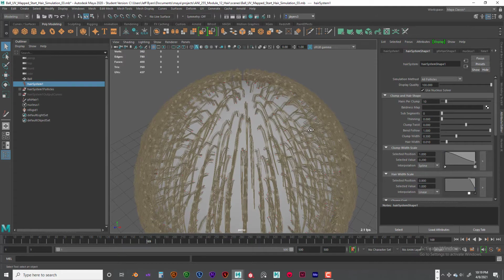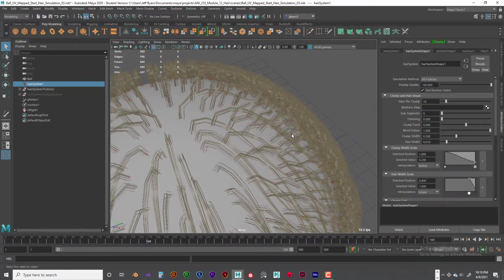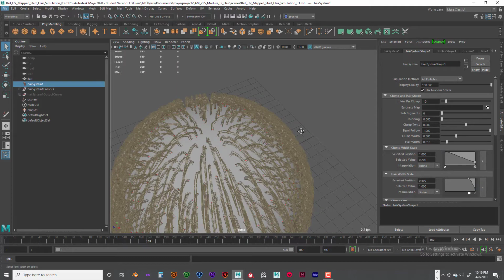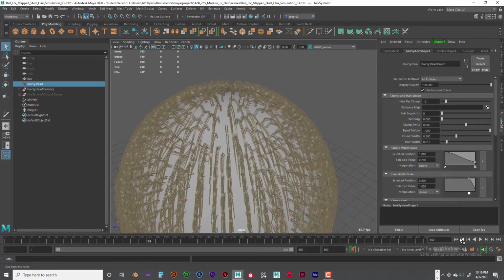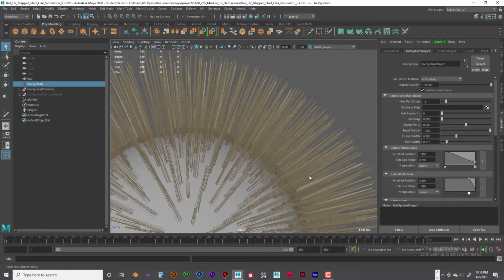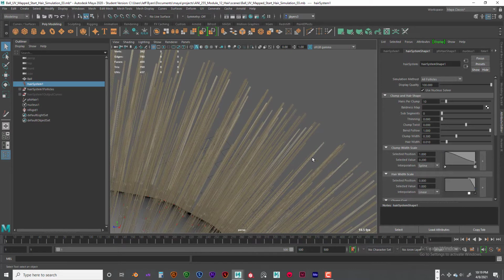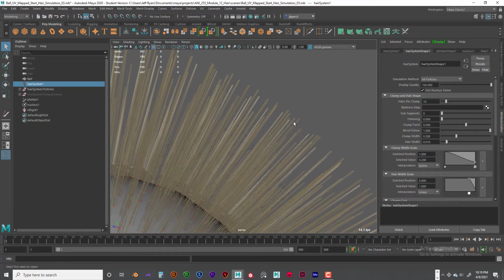Alright, so thinning. Thinning, it's hard to see on this because it's already simulated down. Okay, so what I'm going to do is bring it back with it sticking straight out so we can see a little bit better on the ends. Okay, so I'm going to get a little bit closer so we can see the ends here. So thinning will take it and thin out the very ends. Okay, so I can go ahead and you can see how it just kind of thins out the ends, and